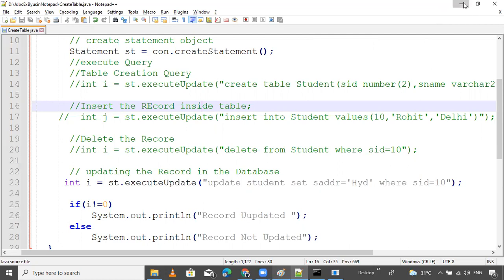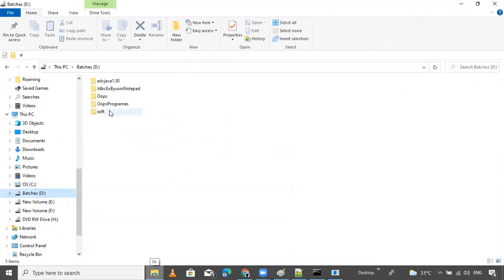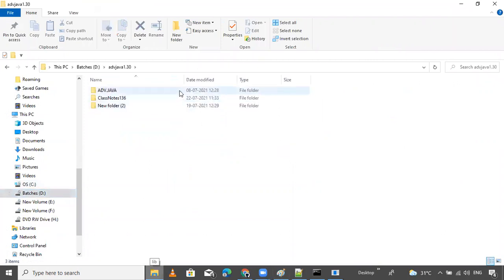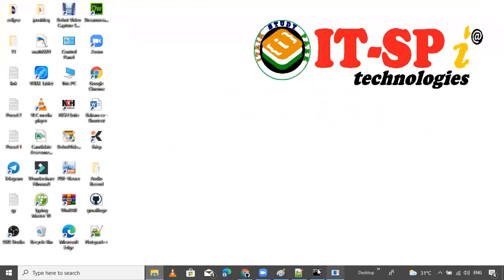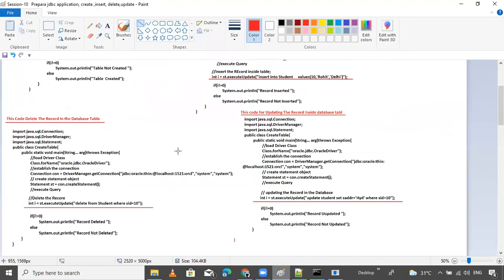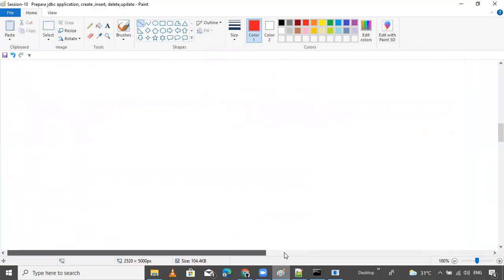In the last session I think I told you one thing. Scrollable result set. So now I'm giving some definitions about the result set object. Now, result set objects are of two types. Two types of result set objects exist.